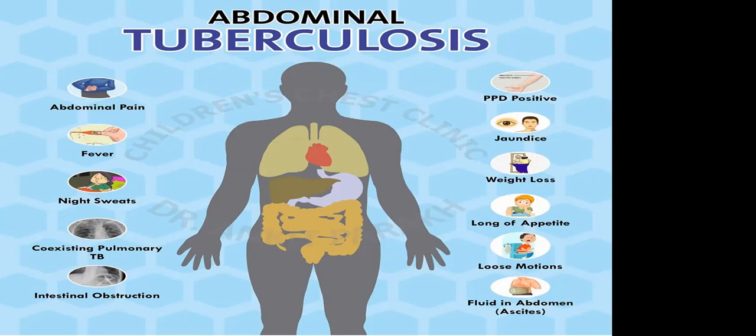And just be aware, if you see a child who is malnourished, has diarrhea and is losing weight, and the diarrhea has been going on for maybe 1 or 2 years, there's only 3 things it can be. Either they have inflammatory bowel disease like Crohn's or colitis, or they have a chronic bacterial infection or giardia or some kind of infection, or the third thing would be abdominal TB. So it's worth having in the back of your mind if you see a child with really bad abdominal pain and fever and night sweats. Occasionally the surgeons have picked up a child who's had an obstructed intestine, and it's created a huge issue.